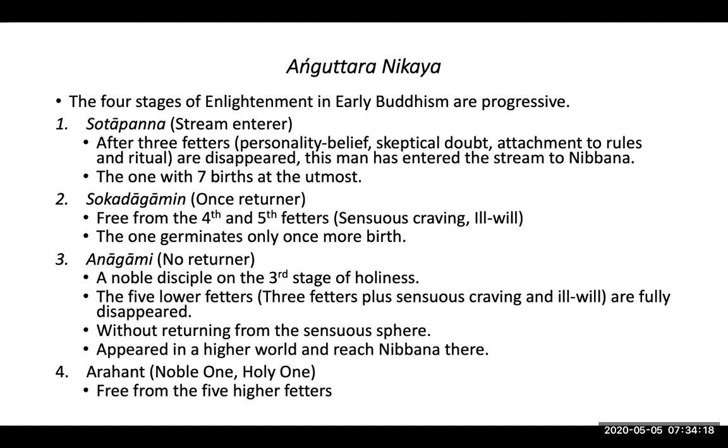And the final stage is Arahant. Then eventually this person gets enlightened, like the Buddha. So what is the difference between these four stages? The first stage, stream enterer, Sotapanna,